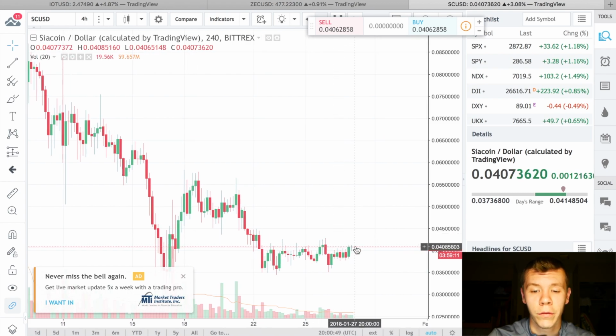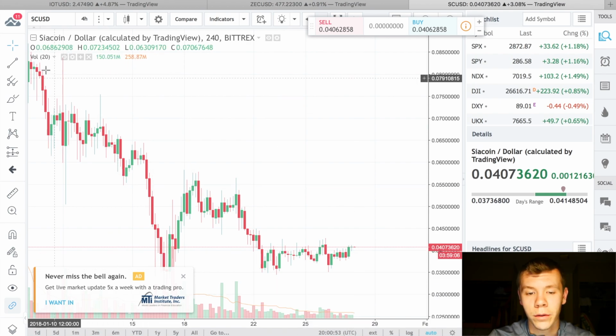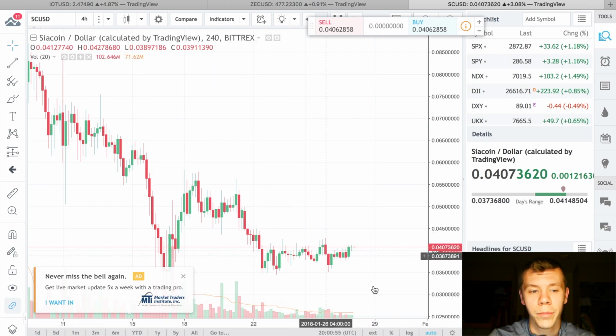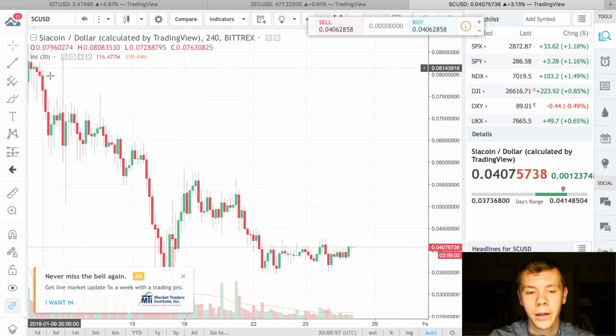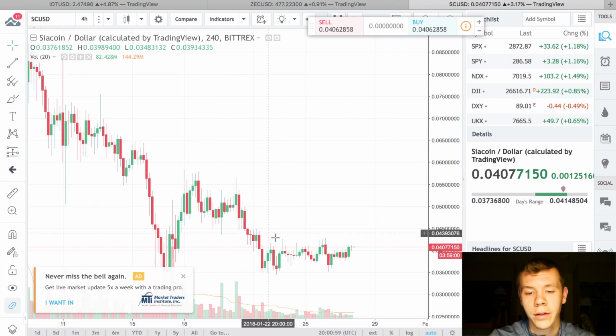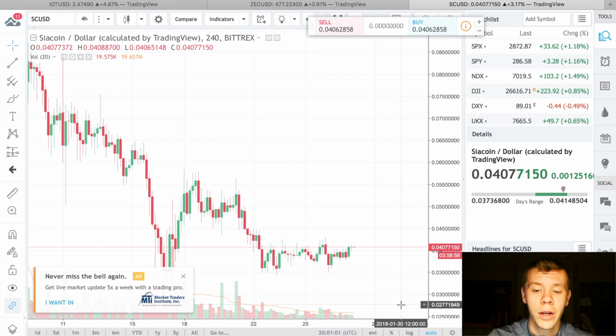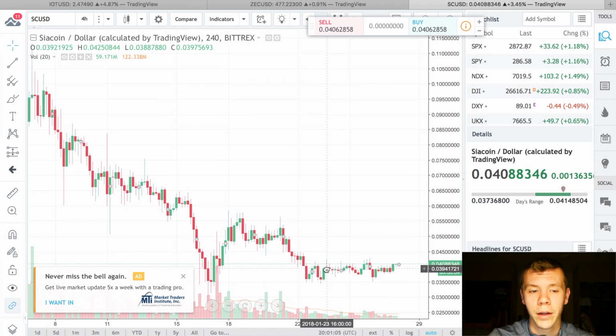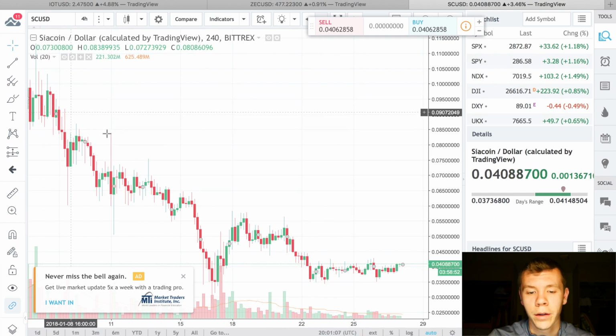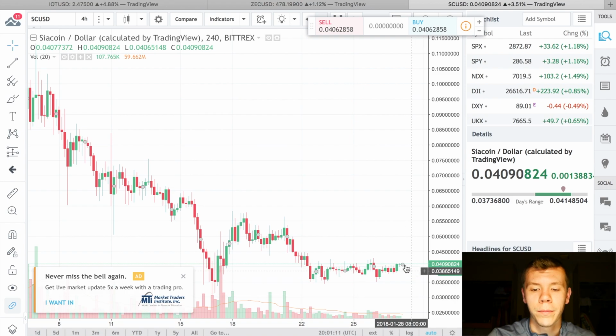this 4-cent mark and it does test these and break that, you could see this long trend. If you could put a pencil and just draw a straight line like this, it could somewhere end up in the 2.5-cent range. So that's something to keep in mind. As you see, if you just draw a straight line, you could see that this could easily come back down here. But if it does find support, which it looks like it has, we could be testing the